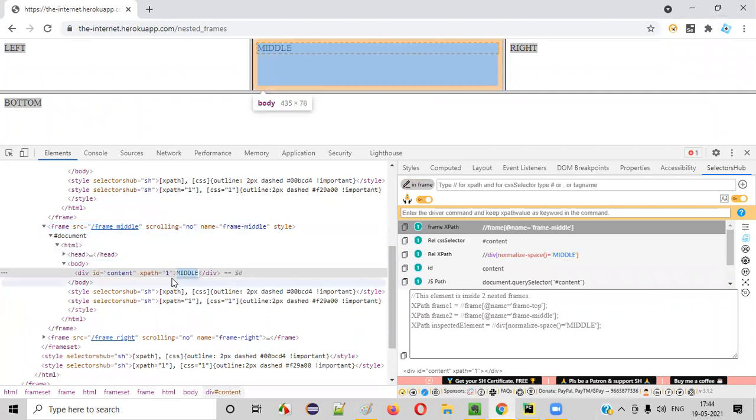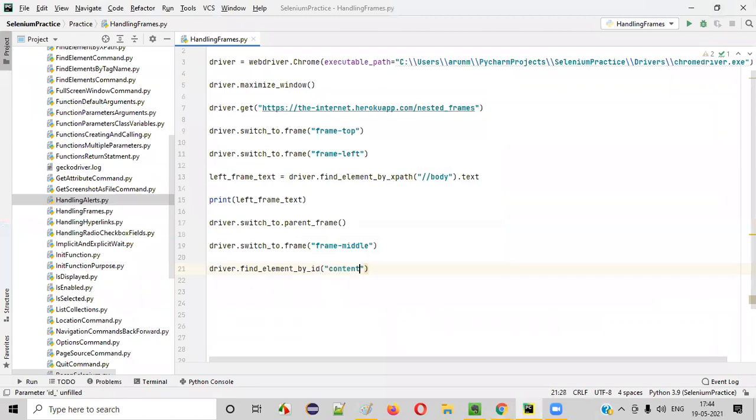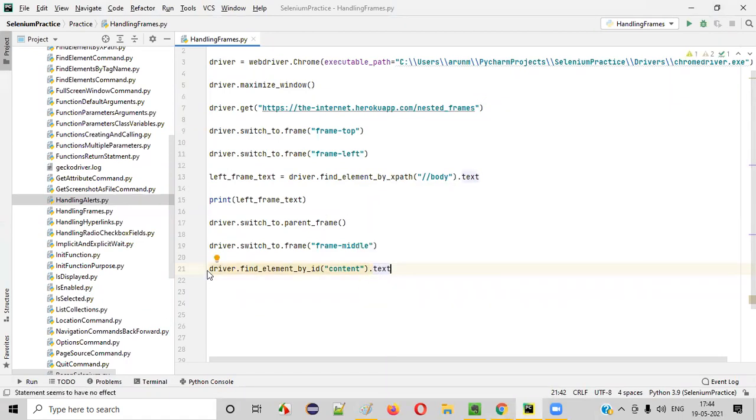This text is between these div tags, which has the ID locator. I'll copy this ID locator and say driver dot find element by ID, provide the ID locator for that element and say dot text. This one is the middle frame text: middle underscore frame underscore text is equal to.